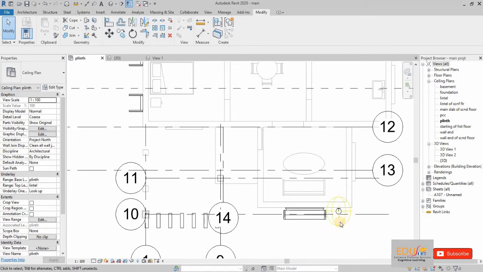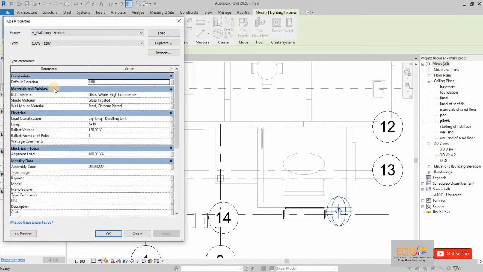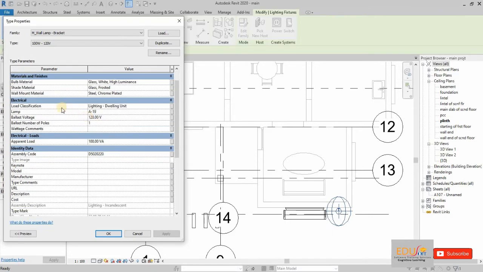Select the light fixture and go to Edit Type in the Property box. Under Photometrics, you can load the photometric web file.